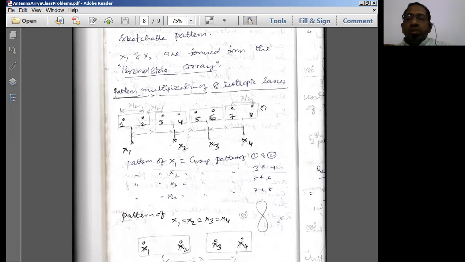Okay. Now let us extend our discussion with 8-point sources. Draw the radiation pattern of the 8-point sources. So how do we draw the radiation pattern of 8-point sources? By using once again the principle of pattern multiplication, we normally perform this particular radiation pattern.